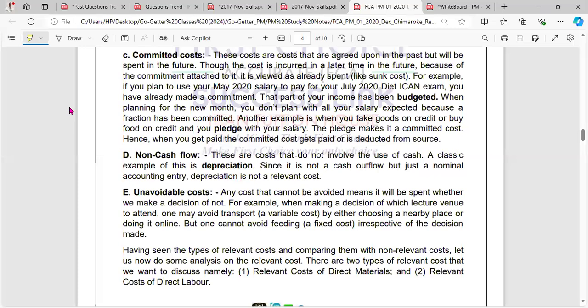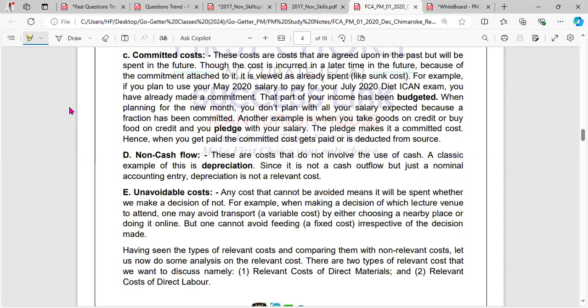But you cannot avoid feeding yourself. So whether you stay at home to read, whichever choice of transportation or center you go, you will still need to eat. And that feeding cost is not avoidable. So you cannot be choosing a tuition center based on your feeding costs,